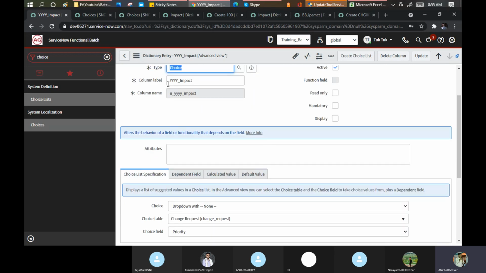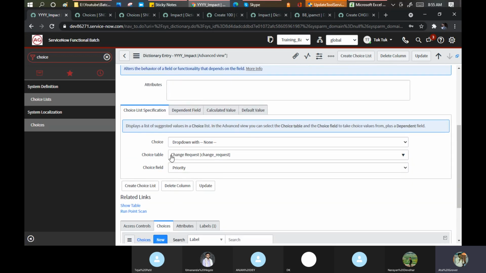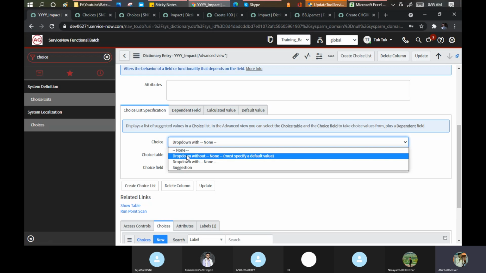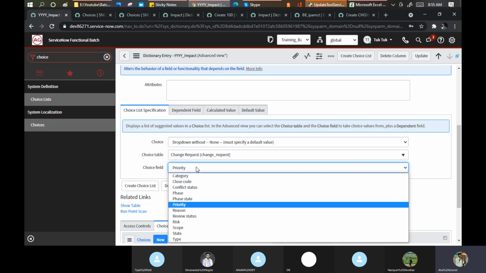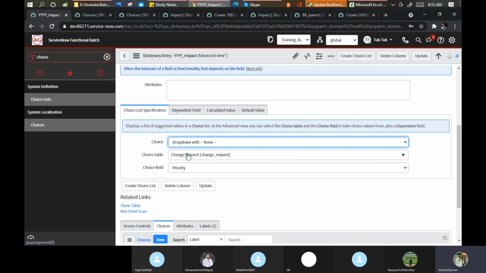Second point is that if we are putting choices and I know that I'm creating a change, that was the mistake we made now as well, that we are working on the change data lookup and we're bringing the value from the incident table. So better I'll put this, maybe I'll try something. Got change? No, nothing is getting changed, so that's fine. Drop down, let me put what value I have, 3.